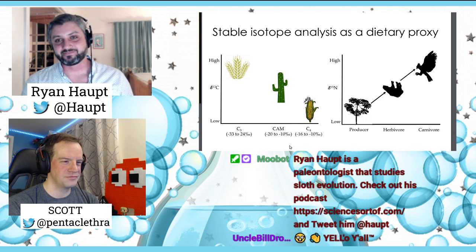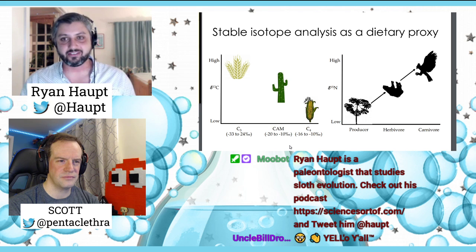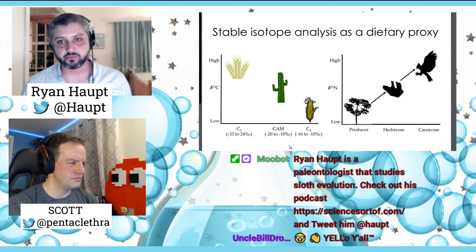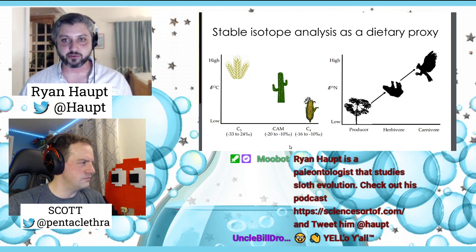And then on the right side, we have the nitrogen pathway, and this tends to be an indicator of trophic webs or trophic level, and that's just a fancy way of saying food chain. That's how we tend to say it in ecology. That value tends to be the lowest at the primary producer level. So the image there is a Cecropia tree, which is one of the sloth's favorite trees to eat leaves from. And the heavier nitrogen